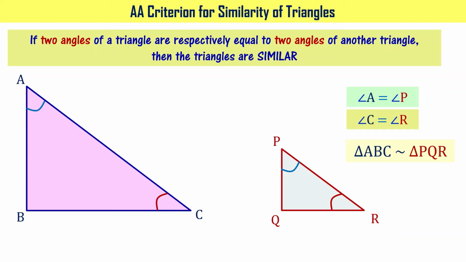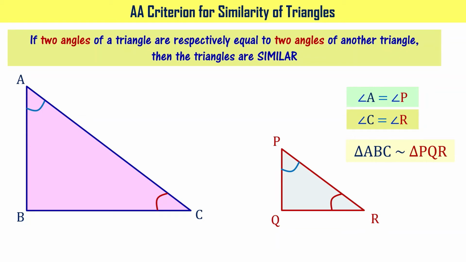The requirement of the third angle to be equal and the requirement of proportionality of the corresponding sides will also automatically be taken care of. We have seen that, right? When only two of the angles are equal, we have used the criterion that the sum of the angles equals 180 degrees to get the third angle, which is automatically equal to the third angle of the other triangle. And then we have shown that the corresponding sides of those two triangles are proportional. Hence the triangles are similar, right?